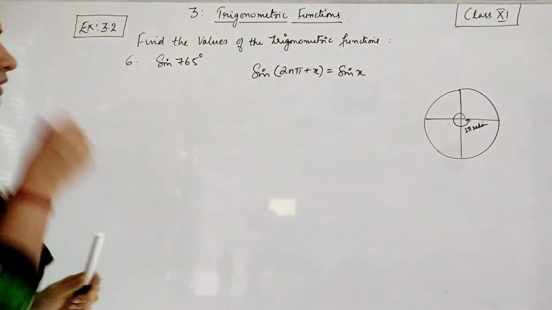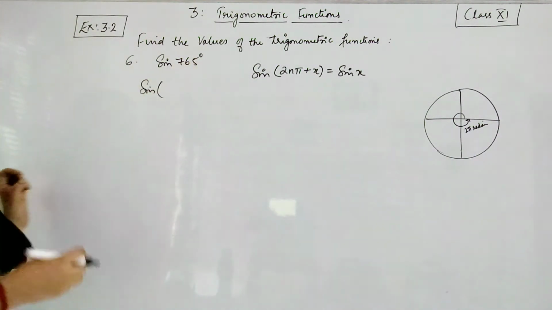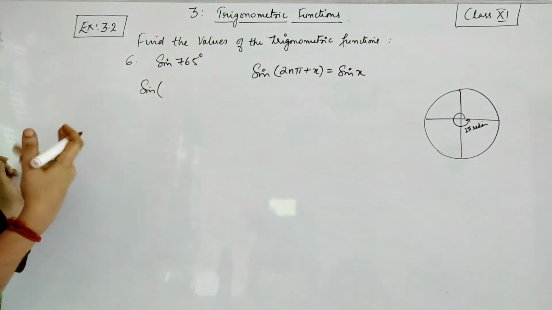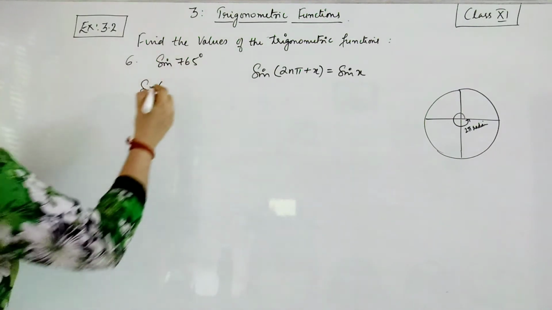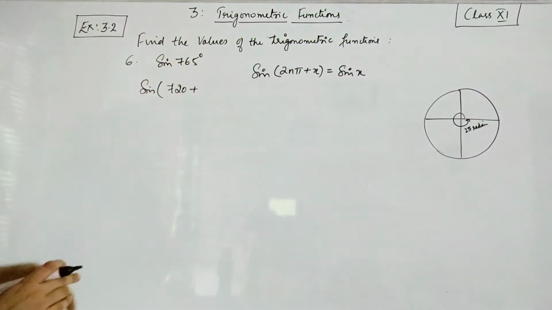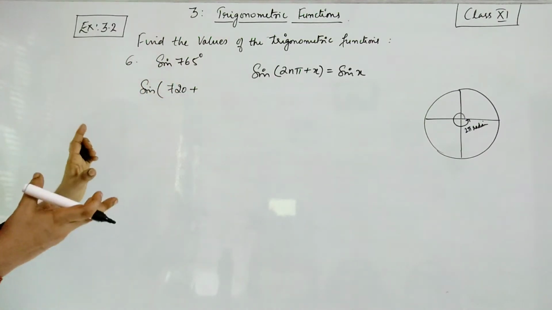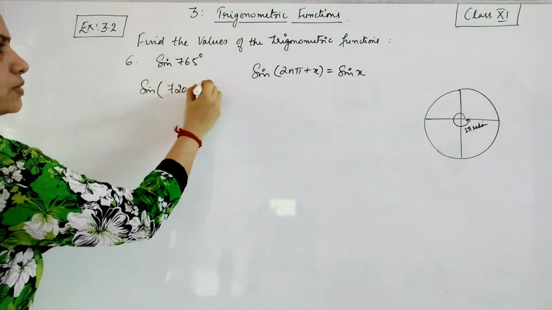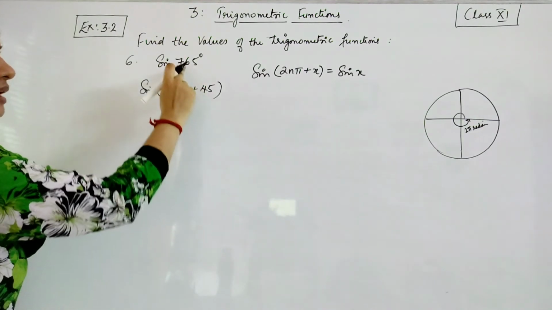Okay, where it was. So here what we are doing is sine of 765 is broken and written as a multiple of 2 pi. 2 pi is 360. So 360 into 2 will give you 720, right? So we are just breaking it to 720. Nearby number you have to just choose as a multiple of 360. Understood? You have to see the nearby multiple of 360 to rewrite this. So it will be 720 plus 45. Correct? 720 plus 45 will give you 765.